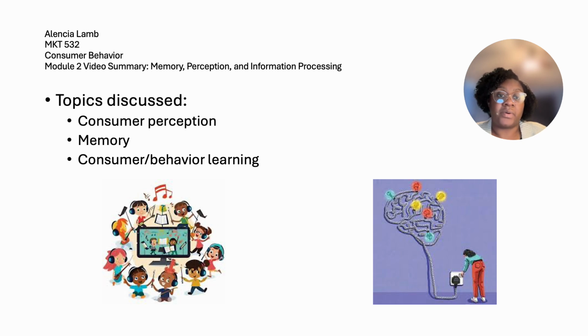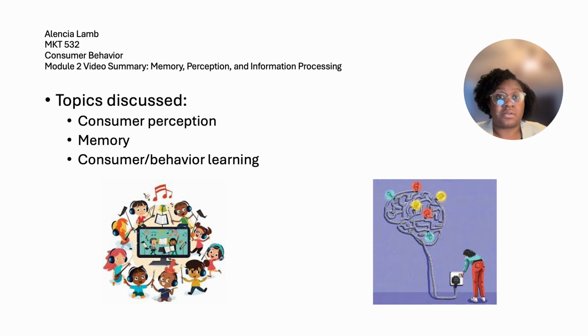So the topics discussed in this module were consumer perception, memory, and consumer behavior learning. Starting off with the first topic, consumer perception. The two main concepts to understanding consumer perception in terms of behavior are exploring how individuals interpret information and understanding market stimuli. To change or alter consumers' perception, marketers and companies tend to play onto consumer senses. And by focusing on sensory cues, marketers are able to influence consumer decisions with the help of attention techniques and